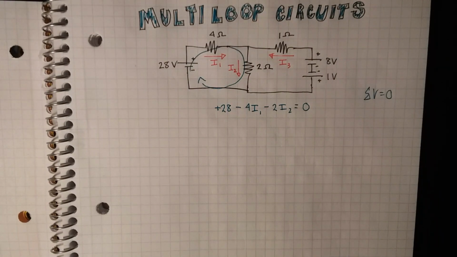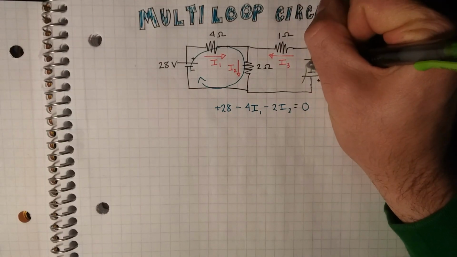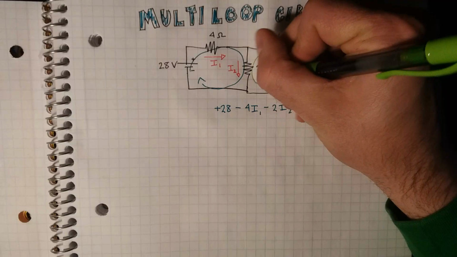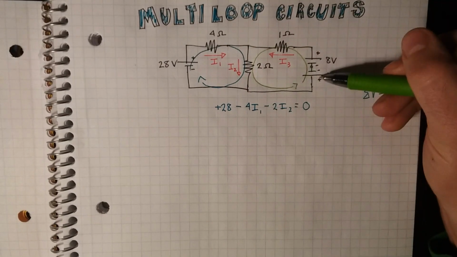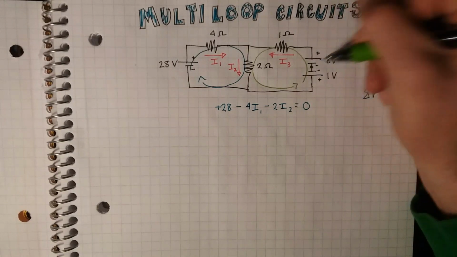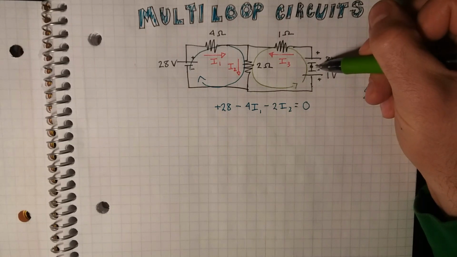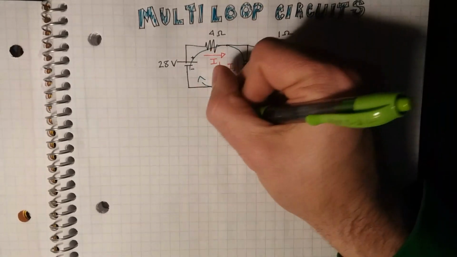I need more information. Some of that more information can come from this loop that I'm going to write in green right here. Now this one has some interesting things. We'll talk about that 1 volt battery going the other way in just a moment. But I'm starting my loop right here. I always like to start it right before the biggest battery. And this is going to go plus 8